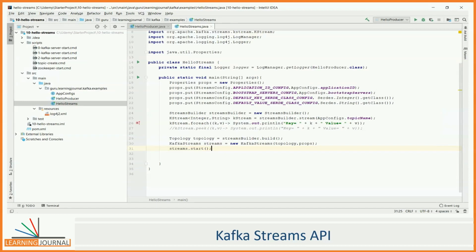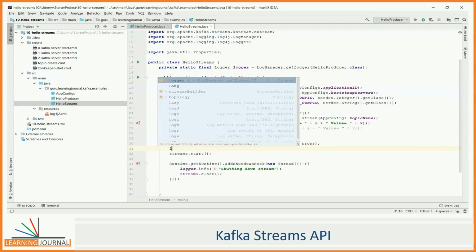However, there is a step 4 also. Let me explain. A typical Kafka Streams application is an always running application. So, once started, it keeps running forever until you bring it down for some maintenance reasons. However, when you want to bring it down, you must be able to perform some cleanup activity and gracefully shut down your system. How to do it? Simple. Add a shutdown hook. Let me do it. That's it. My Streams application is ready.